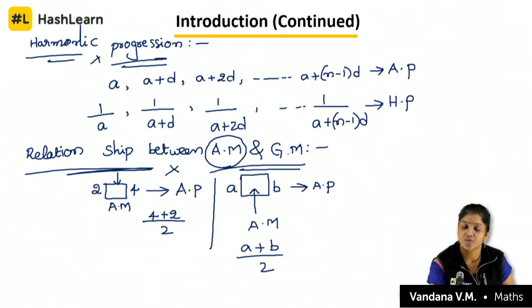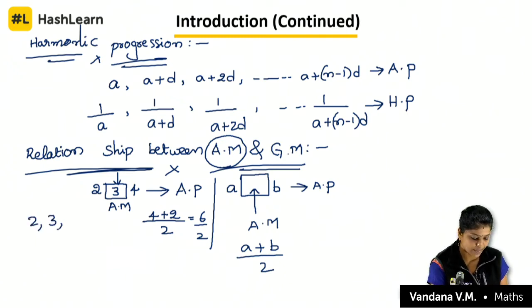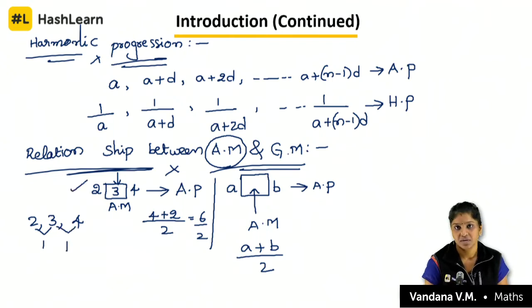Here 2 plus 4 is 6, 6 by 2 is 3. After inserting also, it should not affect our arithmetic progression. Now, check 2, 3, 4. The common difference is 1, the common difference is 1. Yes, the sequence is still in arithmetic progression. Clear? Okay. Now,